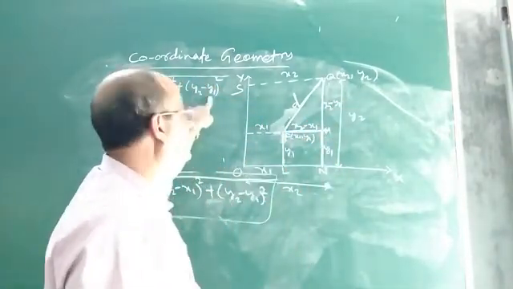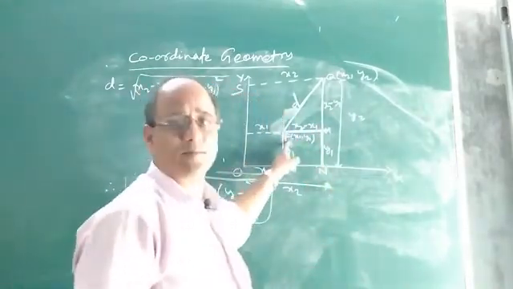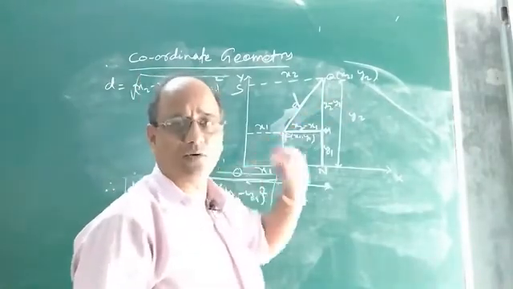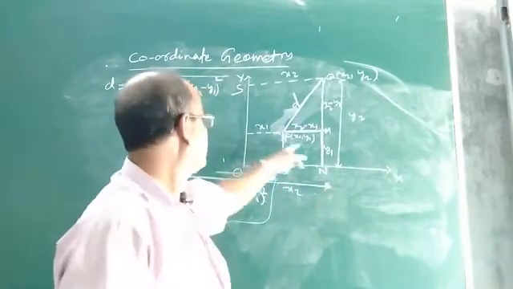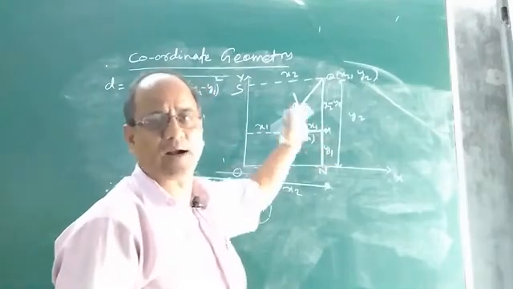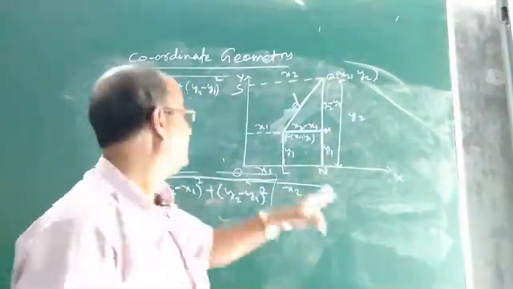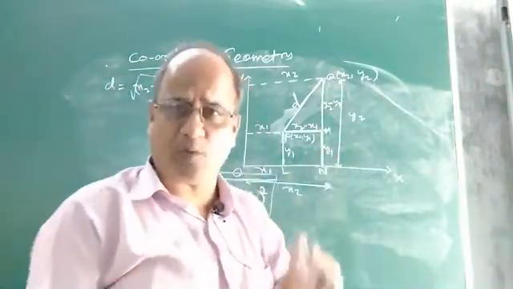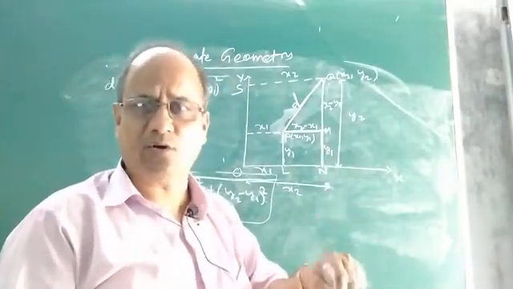You see, y2 and y1 are the two ordinates. y1 is the ordinate of the point P. You know what ordinate is? It is the y coordinate of a point. Similarly, y2 is the ordinate of Q. So y2 minus y1 means the difference of the two ordinates, and then squared. That means the square of the difference of the two ordinates. So this is the formula to find the distance between any 2 points whose coordinates are given, say x1, y1 and x2, y2.